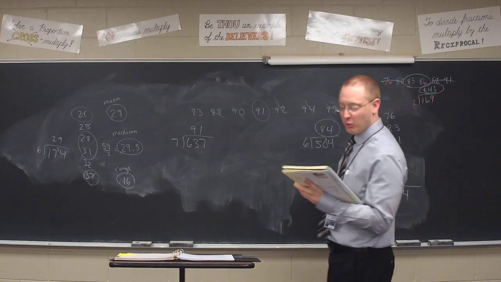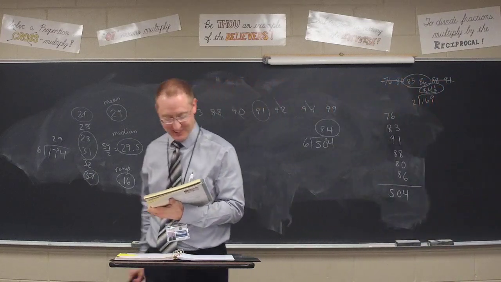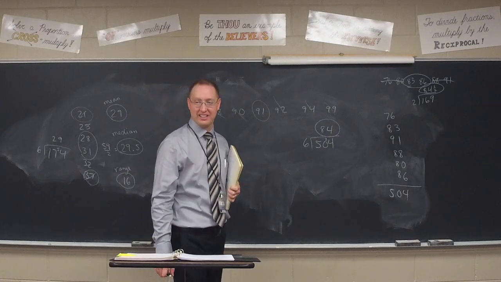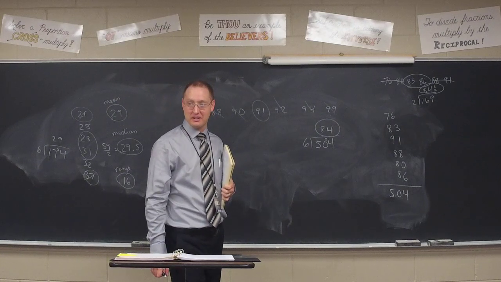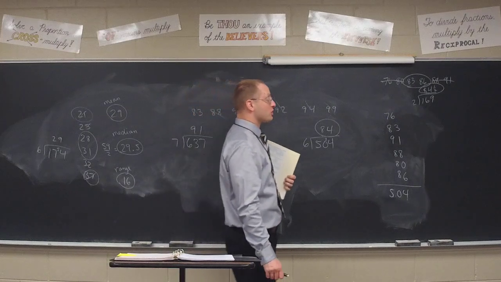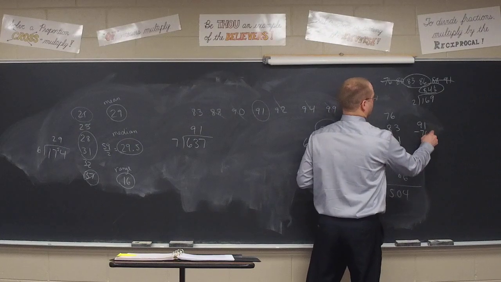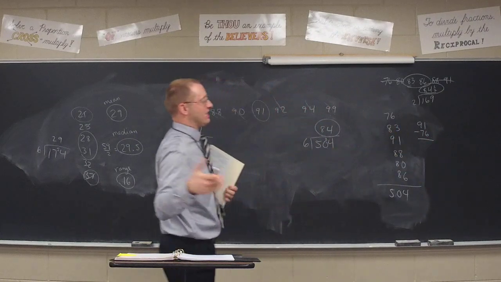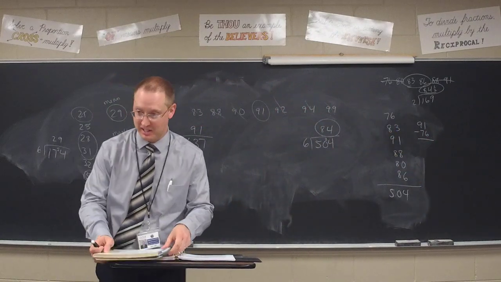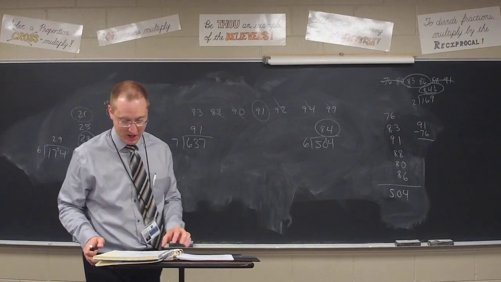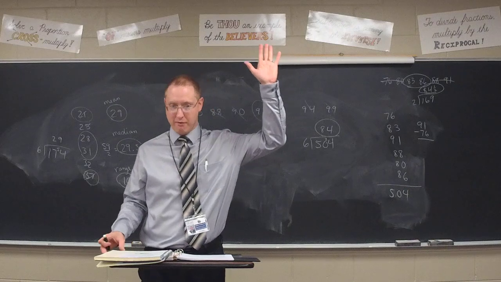Should have been our median. What about the range that we should have had here, Michael? 20. How do I find the range? You subtract the smallest number from the largest. So I should subtract what, Michael? 91 from 76. Well, 76 from 91. 91 minus 76, and that should give us not 20, but 15. 15 should have been our answer there. How many had all 3 answers correct on number 7?